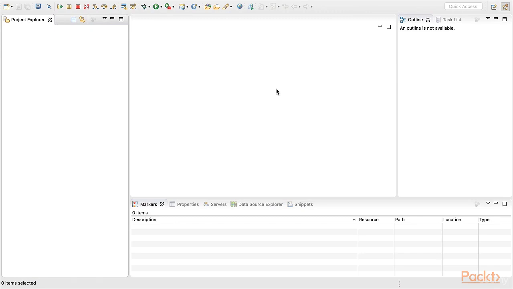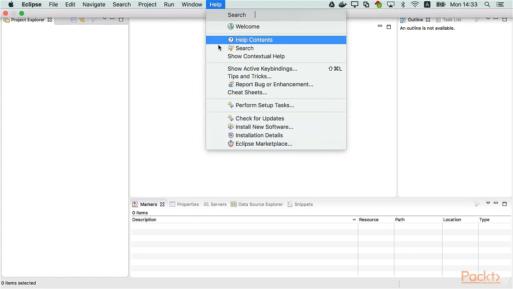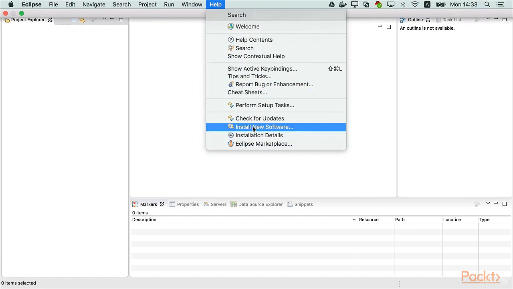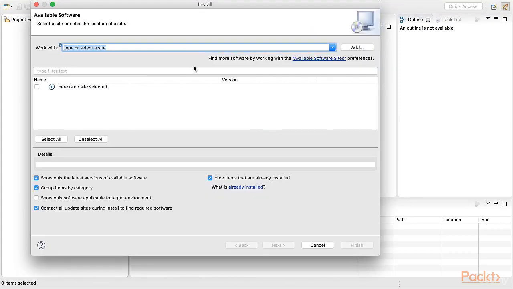I have opened my Eclipse IDE, and if you have never installed an Eclipse plugin before, in your menu bar there should be a menu action that says Install New Software. So for me, for macOS, it's under Help, but depending on your operating system, it could be somewhere else. So find the Install New Software menu item, and then enter the URL,